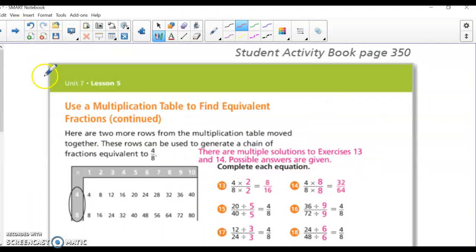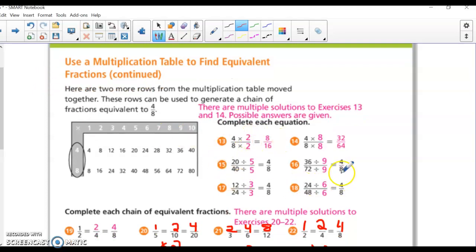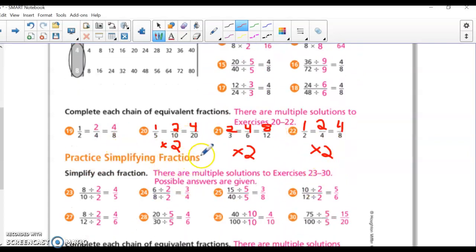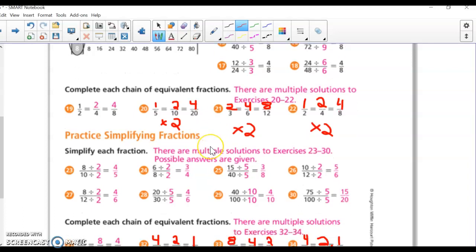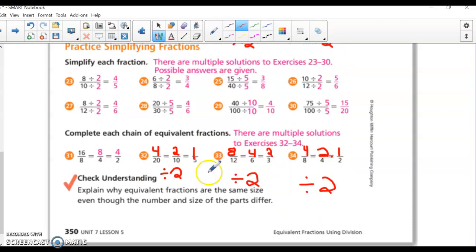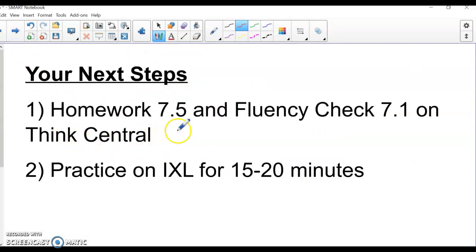All right, so you see your answers. I think if you used the table correctly, you should have gotten those. Here are example answers that you may have had, right? You didn't necessarily need these. You could have also, for example, had 2/5, 4/10, 8/20. These aren't the only correct answers. Check your answers down below here. Some of these, once again, for example, maybe you divided by 2 and made it 20/50ths. Maybe you divided by 5, all right? And then for the last one, these are example answers as well. Now, your job is homework 7.5 and fluency check 7.1 in the non